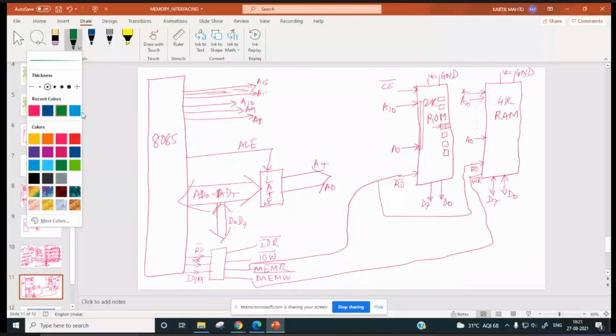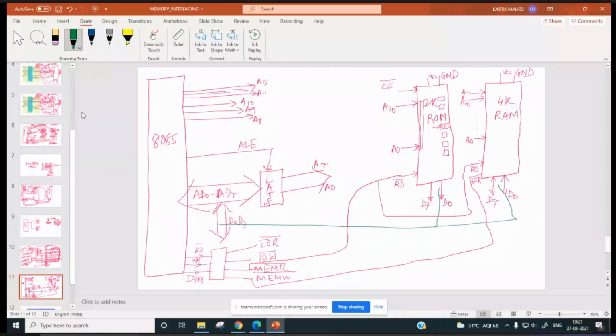This D0 to D7 will be connected to this, will be connected to this. Right? And so A0 to A10 will be connected over here. Similarly, A0 to A10 will be connected to this, and this A11 will be coming over here.